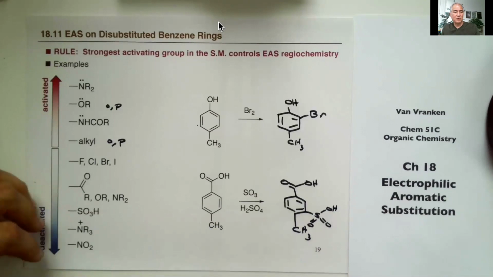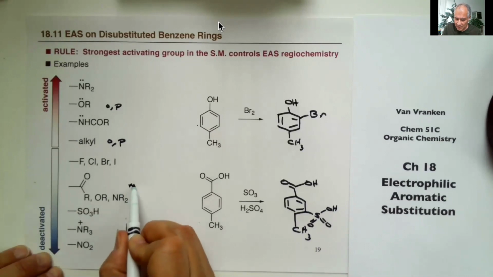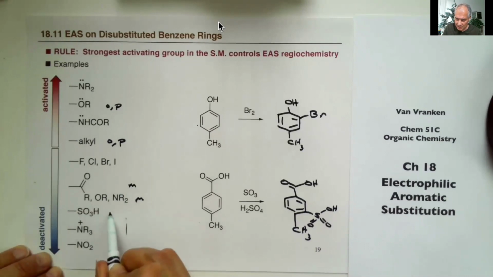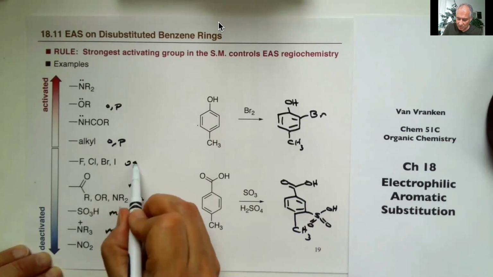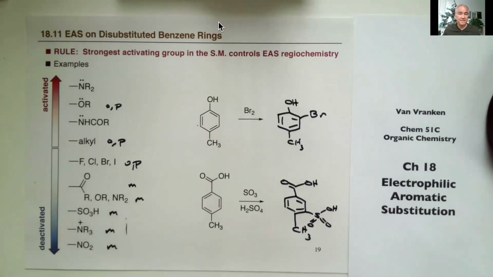Okay, that's that simple rule, but you have to memorize this ranking. You've got to memorize these, and you've got to know which of these are meta directors, meta, meta, meta, meta, meta, and all these ones up above here are ortho-para, etc. I'm not going to write all that in. Okay, memorize that,